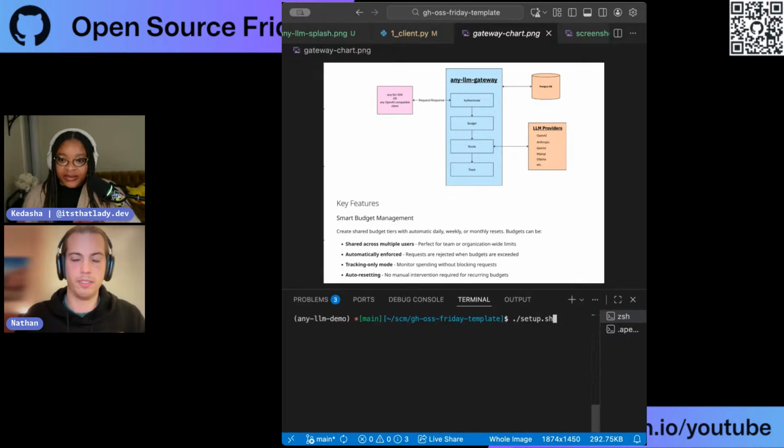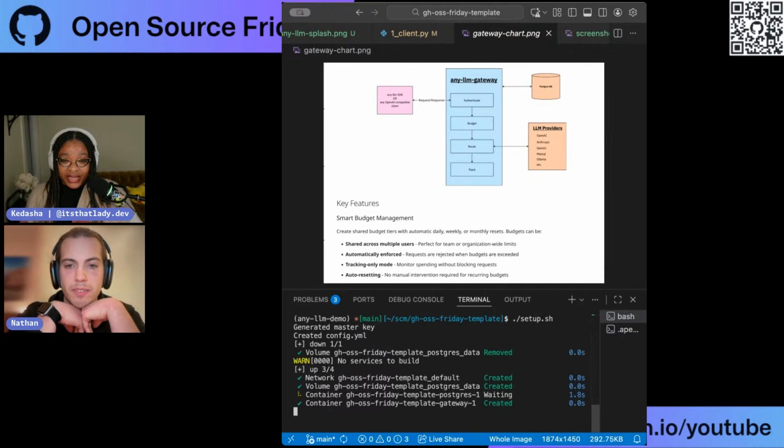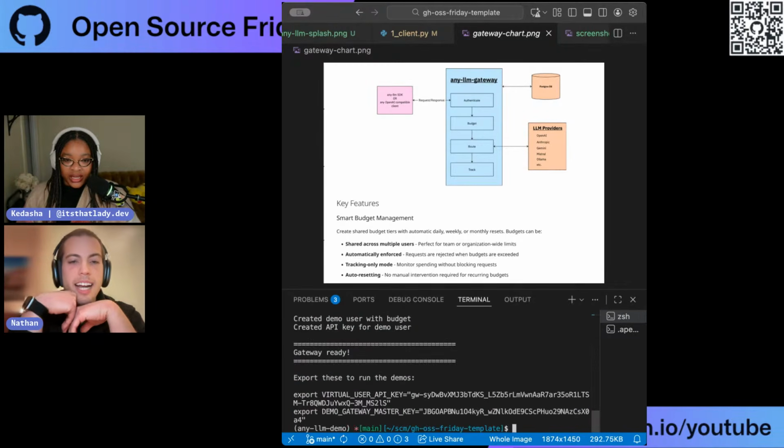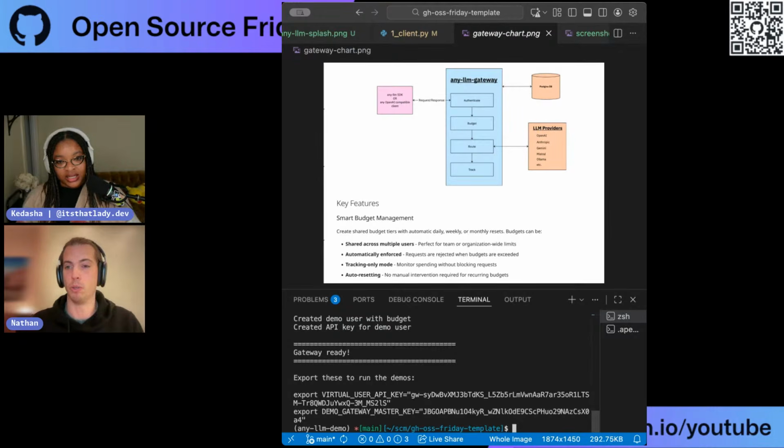As you were speaking, I was wondering, does any-llm have support for MCP or connecting more external data in that way? Yeah, it's another good question. My coworker David has been preaching this message for almost a year now, that everything is just a tool, and MCPs in the end become a tool. So any-llm supports tools, and any-llm doesn't create tools from MCPs for you.